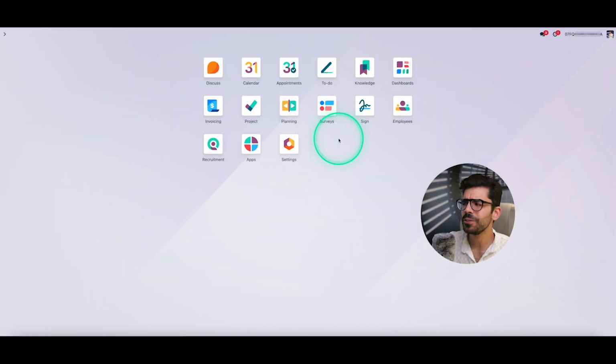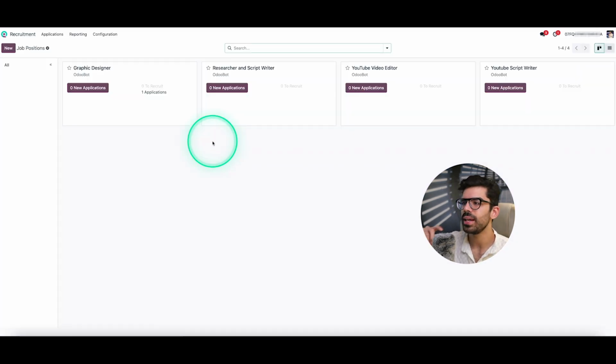Awesome. So before I even show you the employee app, I actually wanted to show you one more app, which is the recruitment app, because employees will get into the picture once you have recruited people, right? Now, the recruitment app helps you when you're trying to hire people because just managing who are we hiring, who are we interviewing, at what stage is that person is a completely complicated process altogether.